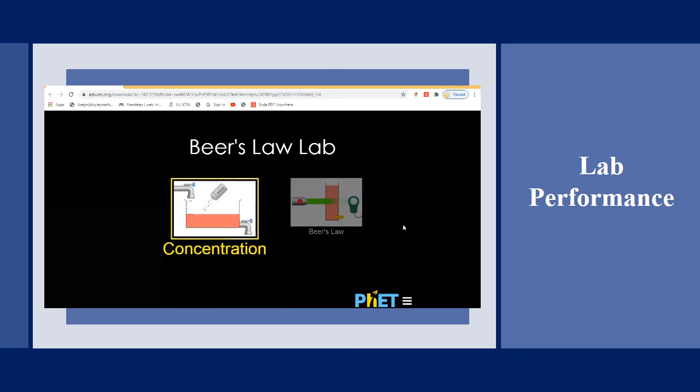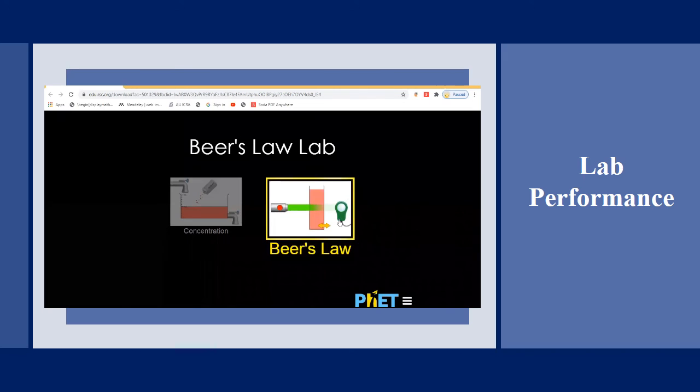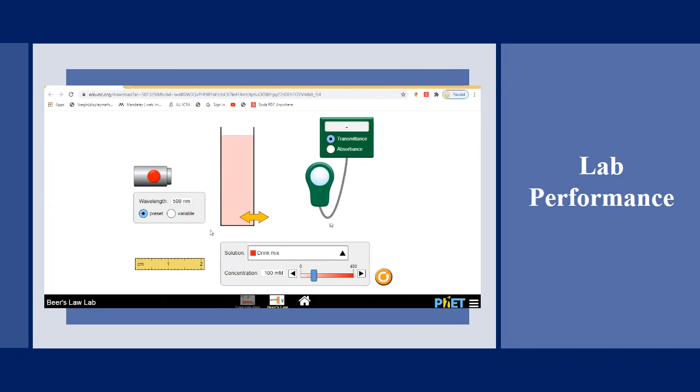To perform this experiment, we will use the PhET Beer's Law Lab website. On this website, we will move towards the Beer's Law and double click. So here is all the setup to perform Beer's Law, and this is the section which will produce the wavelength. This wavelength of specific light will pass through this solution, and here we have the meter which will measure the solution's absorbance and the light transmittance intensity, and here we have the measurement tool.